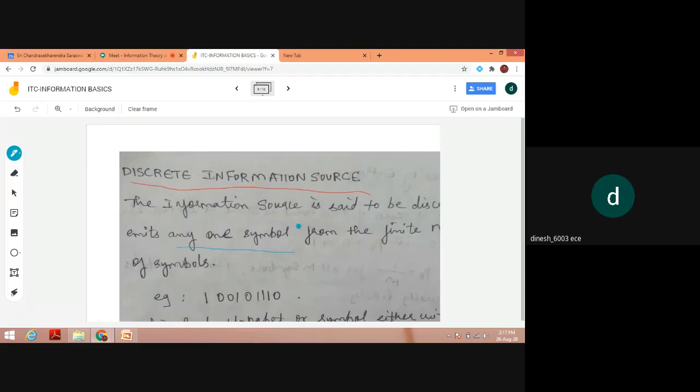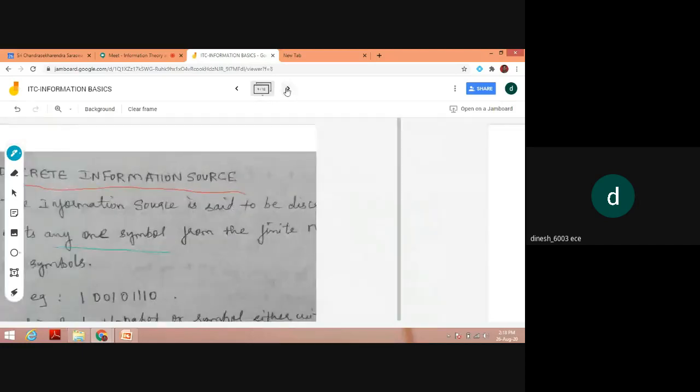So coming back to the discrete information source. The information source is said to be discrete when any one of the symbols, either binary 0 or binary 1, from a finite number of symbols leads to the output of that corresponding system. So the output depends upon any one of the symbols. This we call a discrete information source. Coming to the next